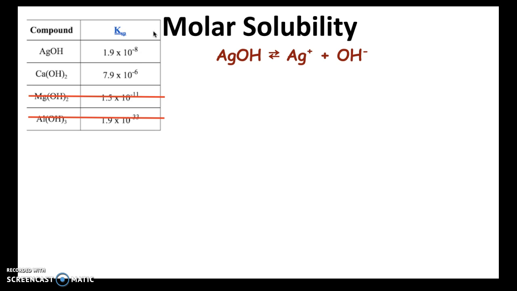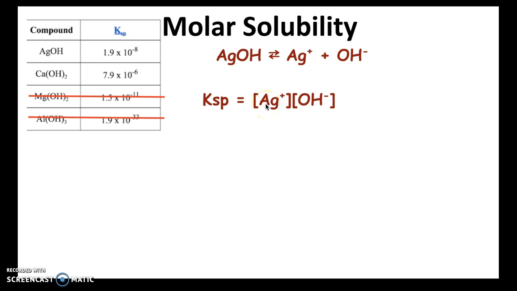So let's do it for silver hydroxide first. First thing I do is write down the ionization of silver hydroxide. That's when I dissolve it in water and it breaks apart into its ions. The next thing is I'm going to set up the KSP equation. This just helps keep me grounded. Remember, KSP is an equilibrium constant,